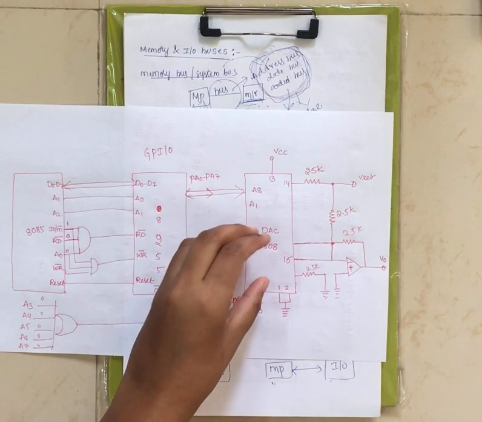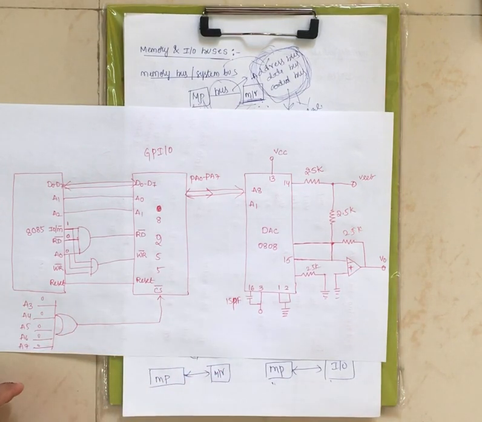Now the output of DAC, what you will get? Analog signal, right? Input you are providing, output you will get analog signal. What are the internal steps involved in it? Encoding, quantization and sampling, right? Once the output of DAC is an analog signal, nothing but analog voltage, you will get it. Now this may be negative also, you may get negative voltage also, right?